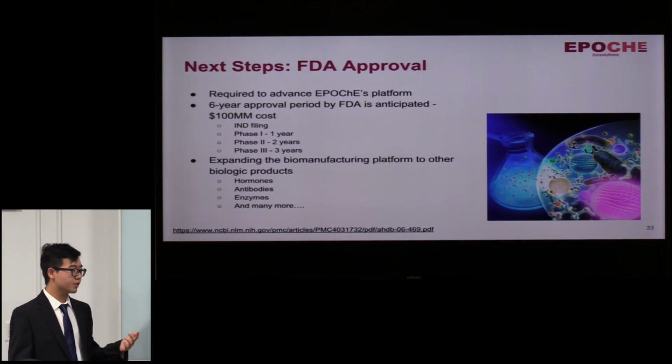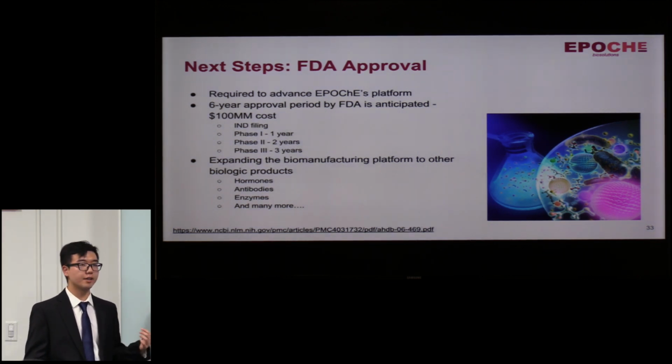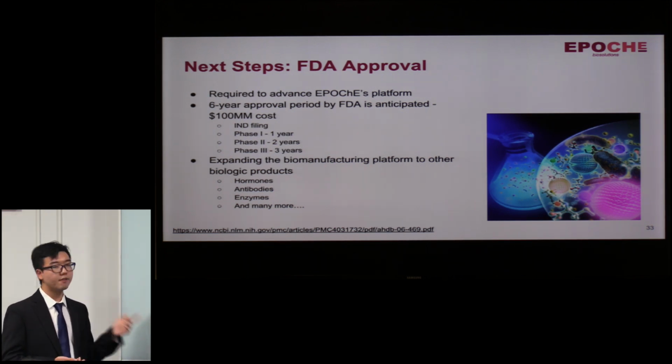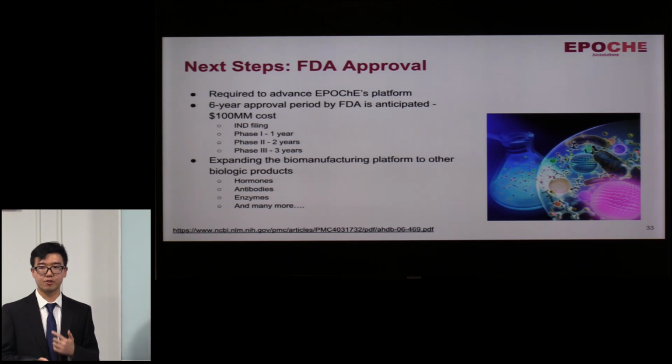So next step for us would be to have the EPO we produce approved by the FDA. Our EPO is considered a biosimilar compared to the EPO gene because it is mostly identical, except between the glycan and the actual protein, we have a DBCO and enzyme linkage. However, there are no papers that ever suggested that this linkage is toxic in vivo, so we really expect there's a high chance that this product gets validated. But we do anticipate a 6-year approval period, which includes IND filing, phase 1, phase 2, and phase 3 of the clinical trials, and we expect to spend around $100 million for the